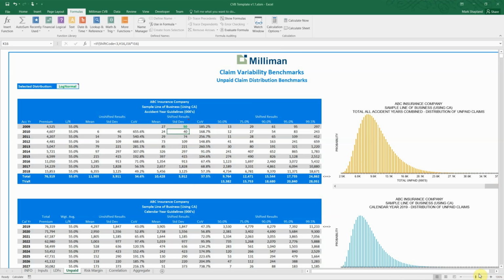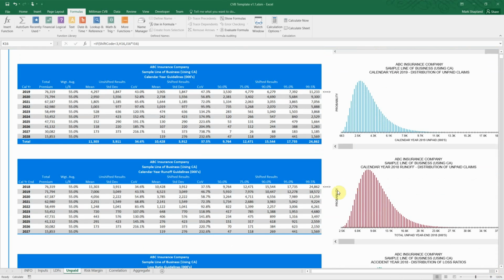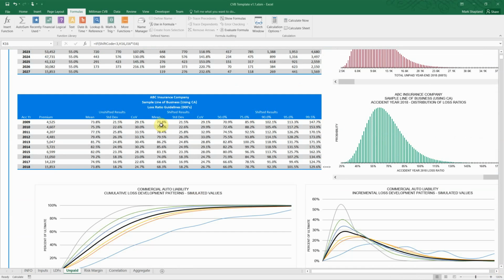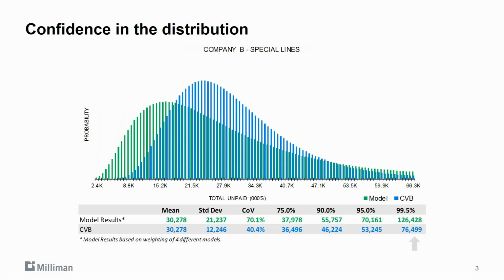Once you have the benchmark, you can scroll down and you can see that there's also, as part of this, calendar year cash flows, the runoff, and in fact, loss ratio variations that you could use for various risk management purposes. Based on the backtesting used to create this product, it is more likely to find the benchmark indicates the need to increase your standard deviation. However, while less common, it is certainly also possible to end up with a smaller indicated standard deviation. In either case, this has significant implications for your risk metrics based on the tail of the distribution.